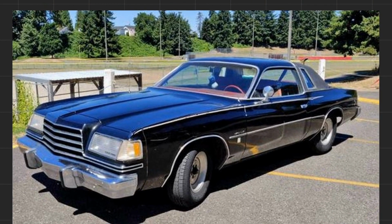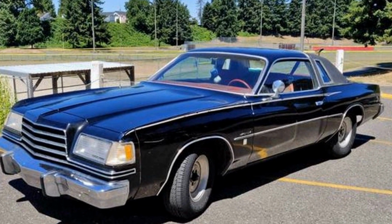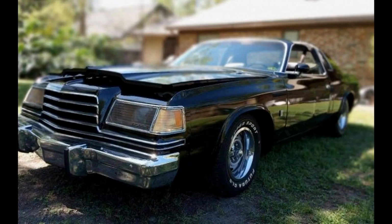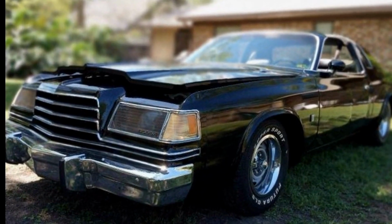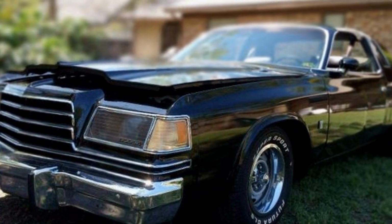Because gas prices were going up, and they didn't have much money for advertising, Chrysler had trouble getting people interested in their powerful 2-ton coupe. Both the Magnum and its follow-up, the Dodge Mirada, didn't do well with people,